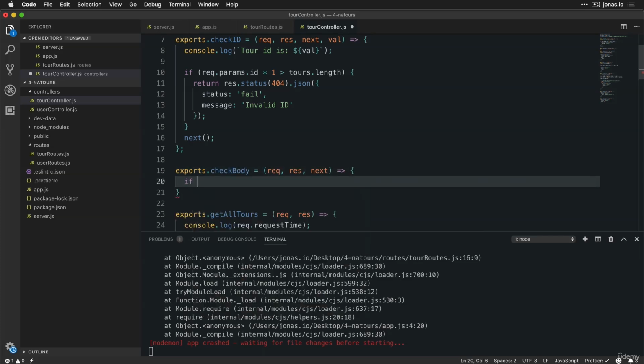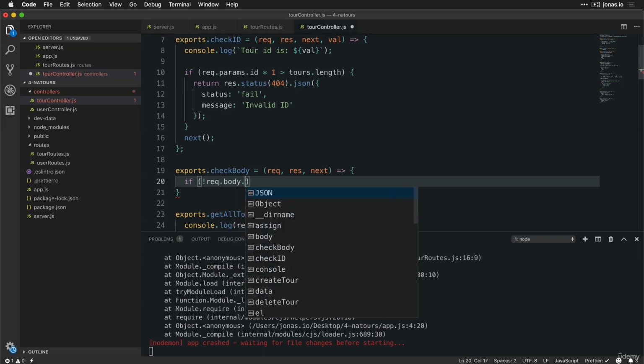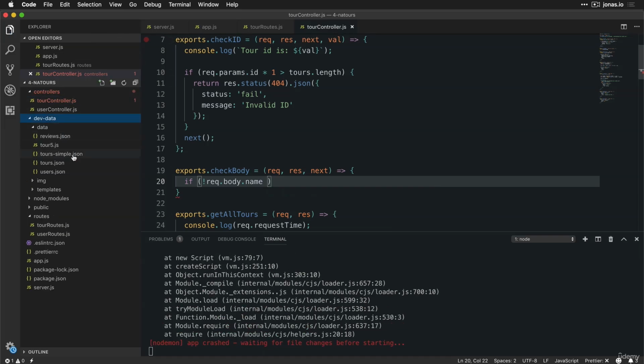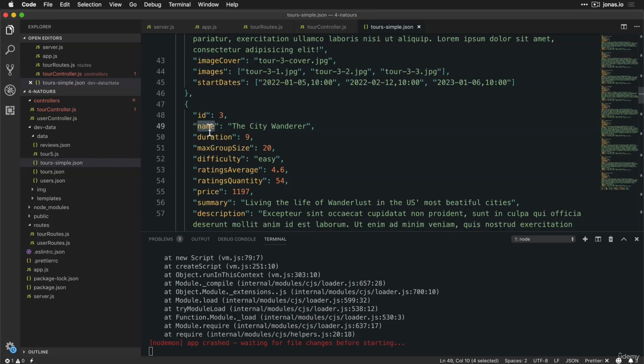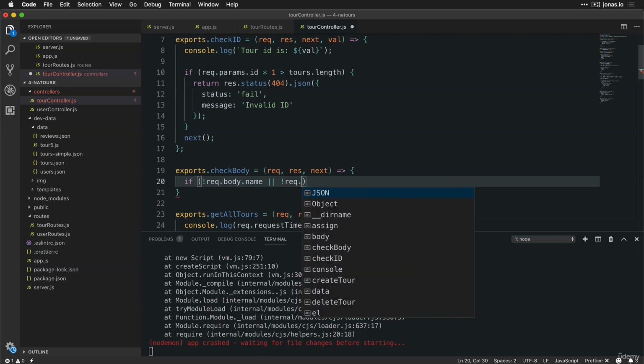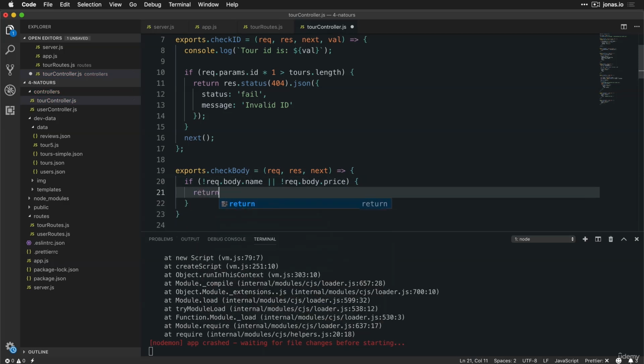And so it's actually quite simple. So if there is no request.body.name, and I think that's the name, but let's quickly go ahead and check that. So it is here in tours-simple. And yeah, indeed it's called name, and the other one is price. So if there is no request.body.name or no request.body.price, well, in this case, we will, just as before, return from this function and send back a response. So the status here is, remember, 400,